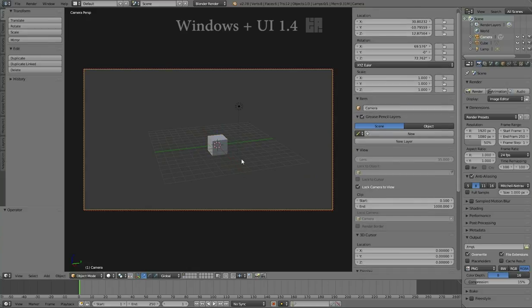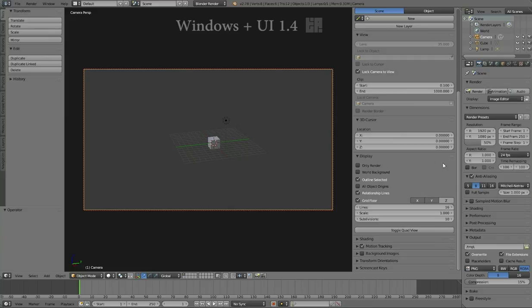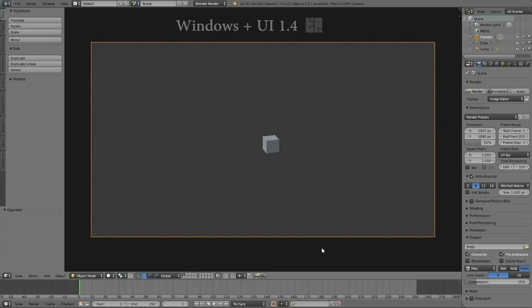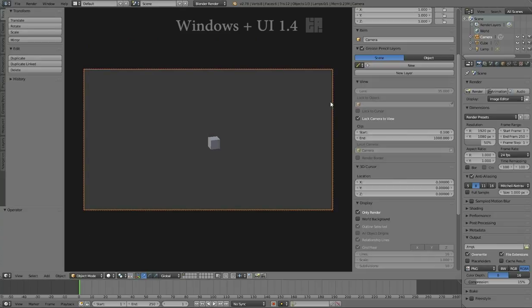So you'll notice as I navigate that the statistics are changing for the camera that I have selected in the channel box. And once again, if I only want to see the objects that will actually render in my shot, I can put on the Only Render tab. The 3D cursor, the lamp, and the grid all disappear. And a quick stroke of the N key makes the information window disappear. So I want to get back into that view. I'm going to hit N again,